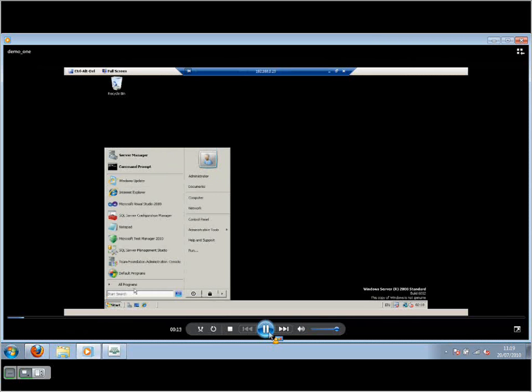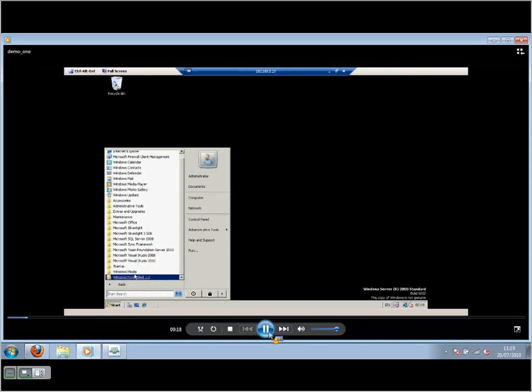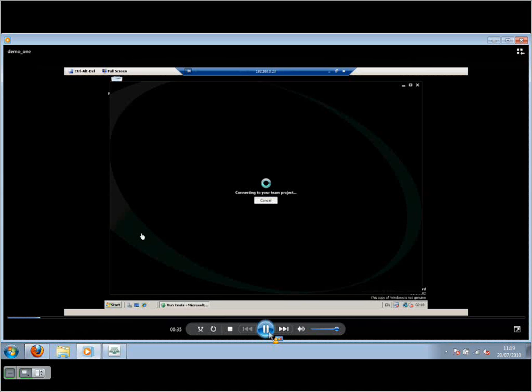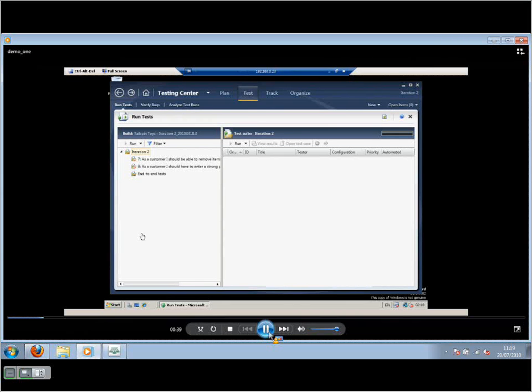So I need to open up first Microsoft Test Manager. So I'm going to go to Start, All Programs, Microsoft Visual Studio 2010, and Microsoft Test Manager. So Microsoft Test Manager is the client in which we'll be connecting to the TFS in order to see the project work items that we have stored there. I'm going to go back to the beginning